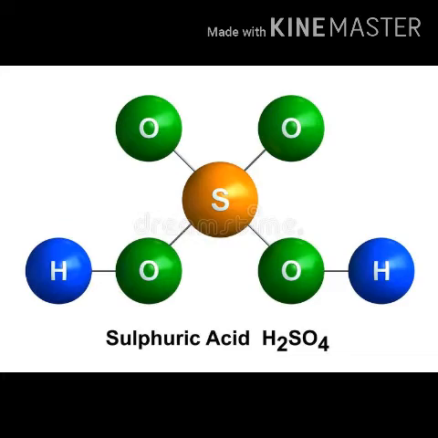Molecular formula of sulfuric acid is H2SO4. So from this molecular formula we come to know that the constituent elements of sulfuric acid are hydrogen, sulfur and oxygen. Also from the number written in subscript we come to know the total number of atoms present of each of the constituent elements. Meaning of molecular formula H2SO4 is 2 hydrogen atoms, 1 sulfur atom and 4 oxygen atoms.